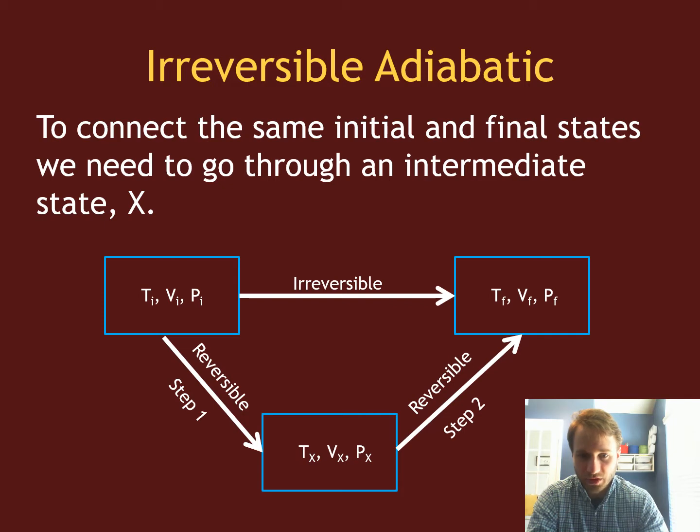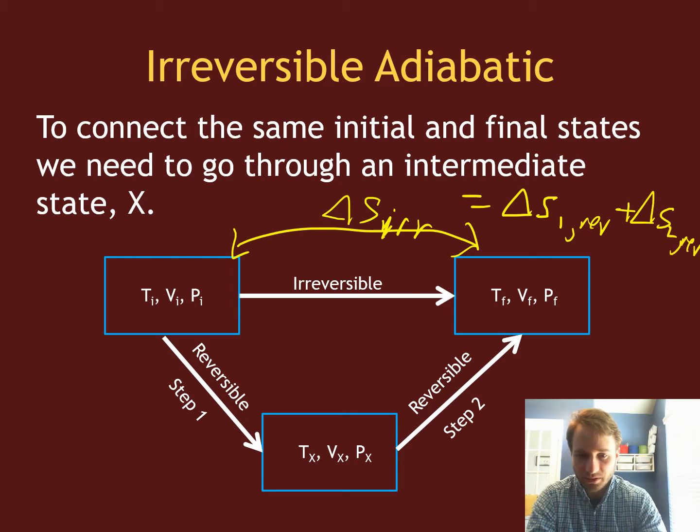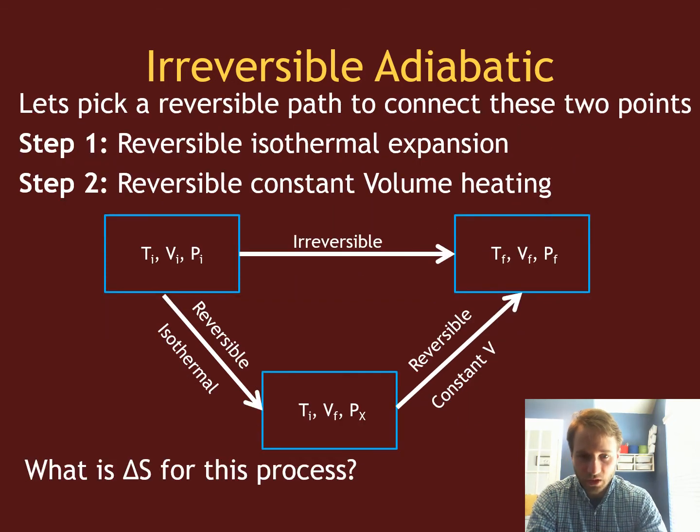I'm looking for the change in entropy between these two states, but this is an irreversible change in entropy. To get that, I'm going to write this as a sum of reversible changes in entropy of two different steps. So one way we could do this is do a reversible isothermal expansion followed by a reversible constant